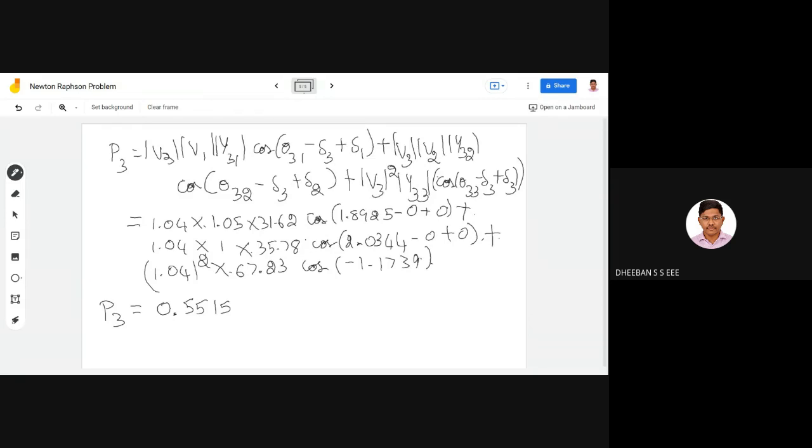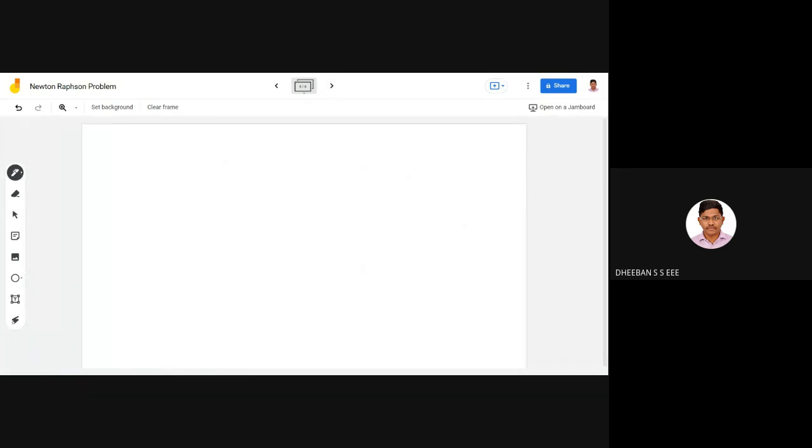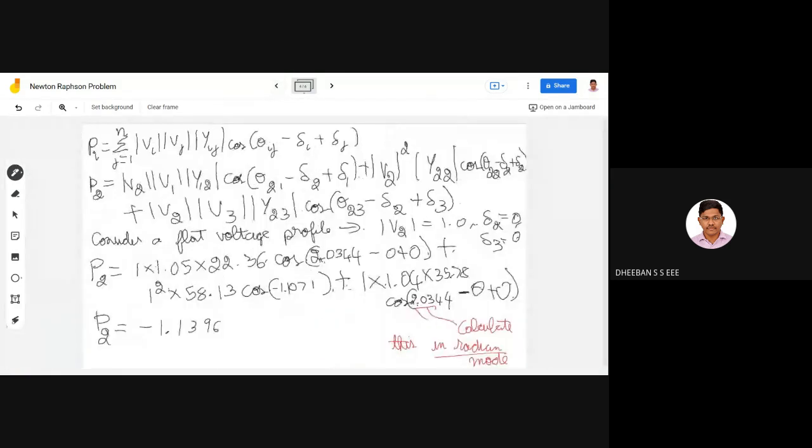So okay, I'm moving on after P3. So now we will be moving towards your Q2. After P3 you have to move towards your Q2. Okay, for Q2, as I said, the equation varies. Okay, so this will be